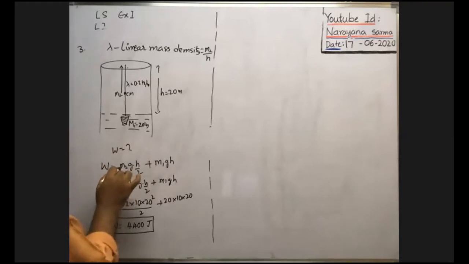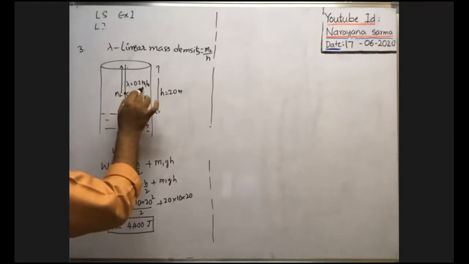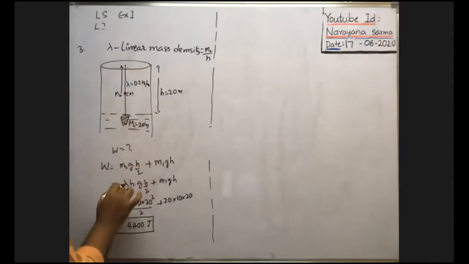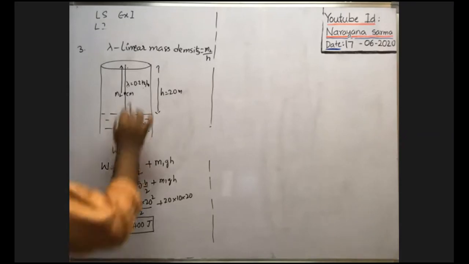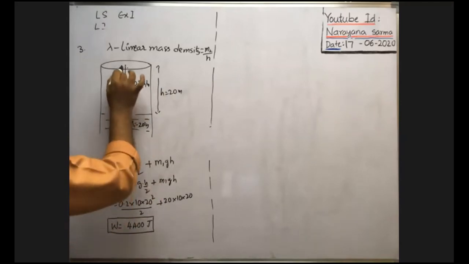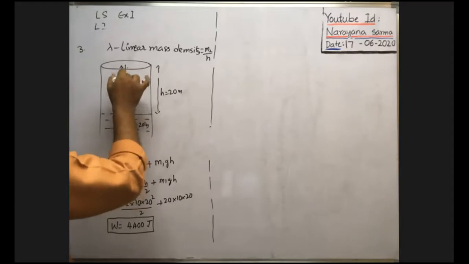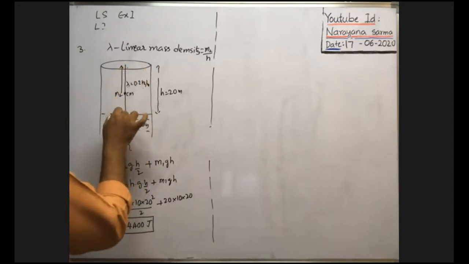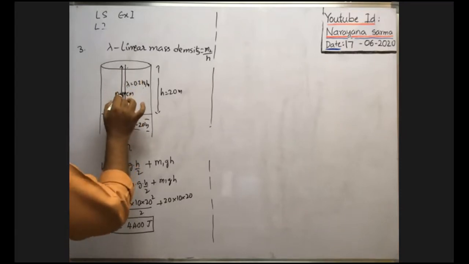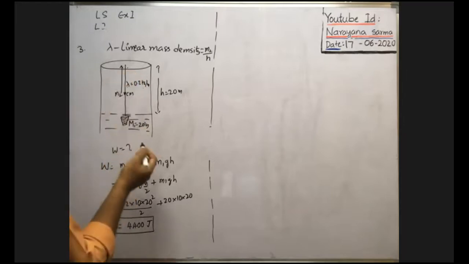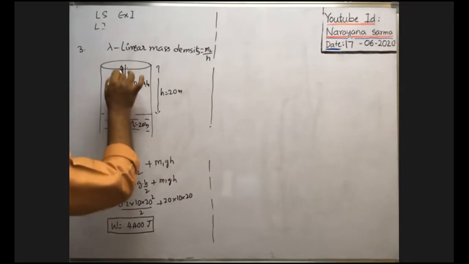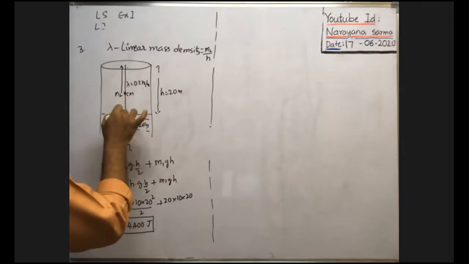Here, the mass per unit length of the rope is given. That means for unit length of the rope, this is the mass. Then for this much length of the rope, what is the mass? Linear mass density into length of the rope. The length of the rope is equal to the depth of the well only, no? Into g, into the central mass is to be lifted, because I already said in last classes, if the length of the hanging rope is L, then the work done to lift the hanging rope is equal to the work done to lift the central mass of the hanging rope to the top of the well. The central mass lies exactly at the midpoint because it is a uniform rope. That's why the central mass is to be lifted to a height equal to half of the length of the rope, that is equal to h by 2.